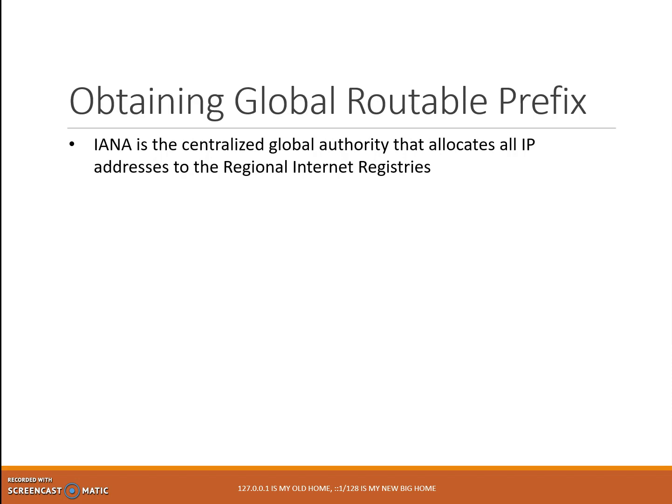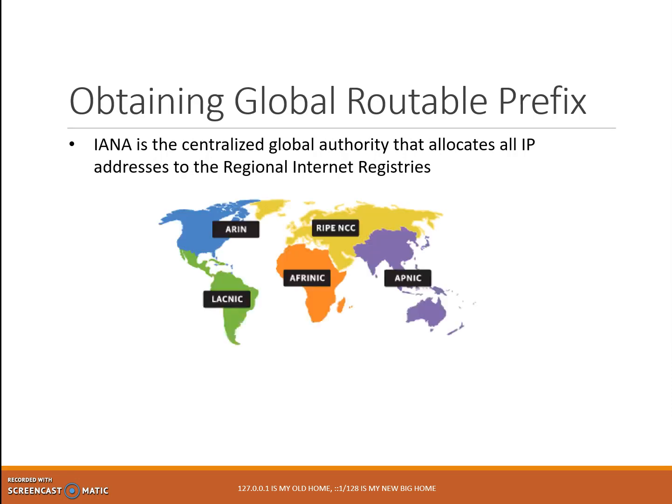There are 5 regional registries, RIR, correlating roughly to 5 of the 7 continents. For example, here we can see ARIN,